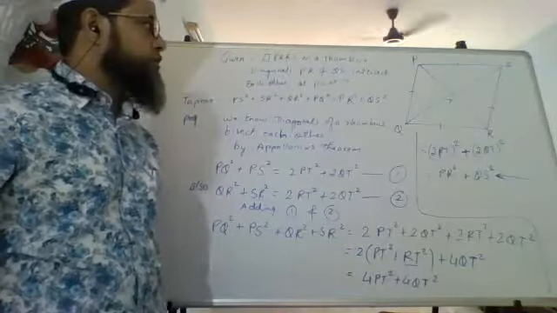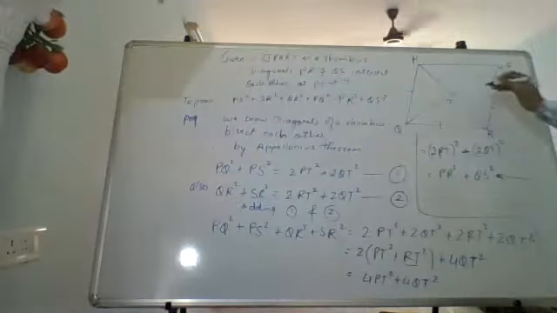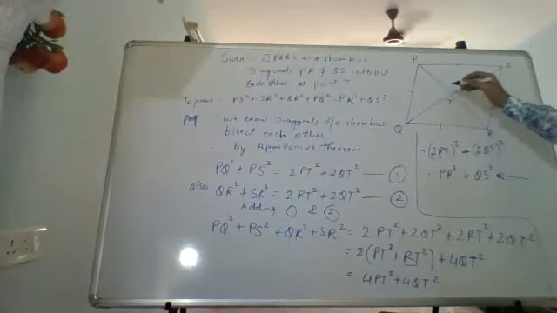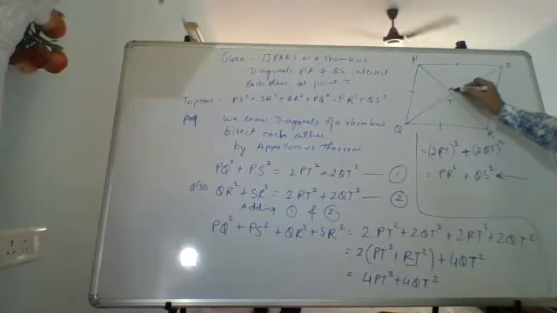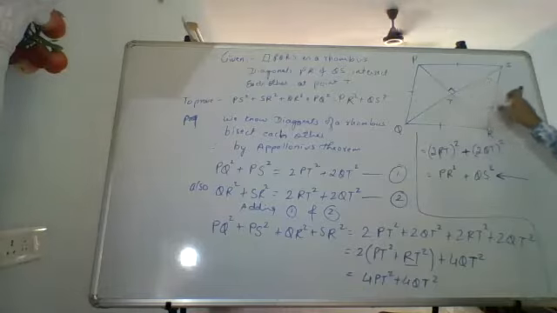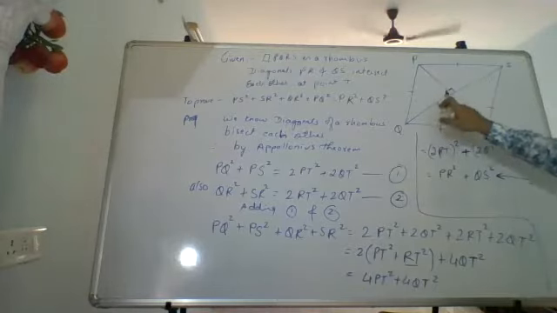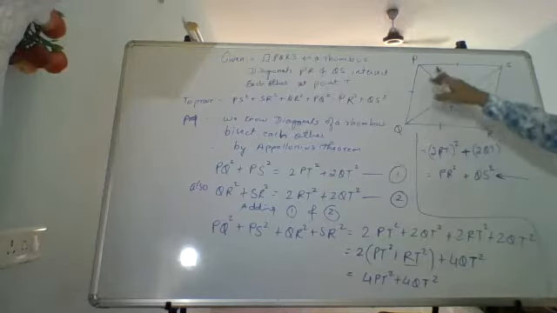Now this we could have also done using Pythagoras theorem. The same thing could have been proven by using Pythagoras theorem. Only thing in Pythagoras theorem, since these are perpendicular bisectors of each other, not only bisector, they are perpendicular bisectors, we would take this as the diagonal: this equals this square plus this square, this equals this square plus this square, and so on. We would add all 4.